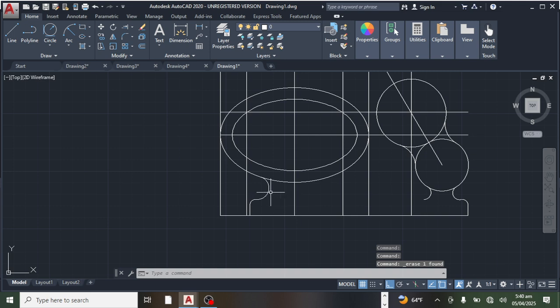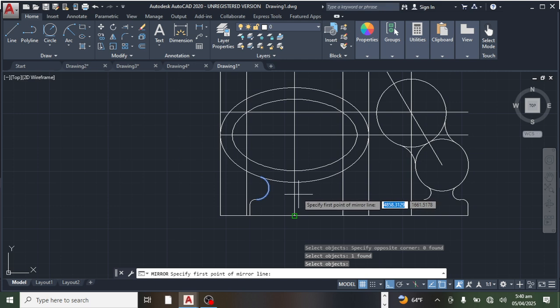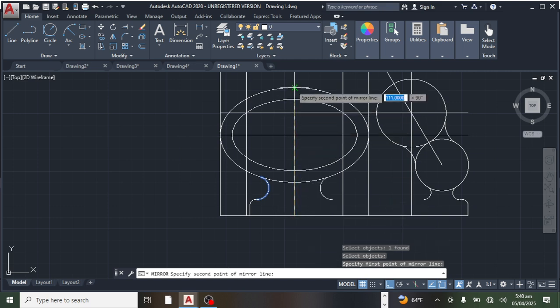Erase. Okay, let me just use mirror, select this one, like this, mirror, this one, like this, no, then we draw